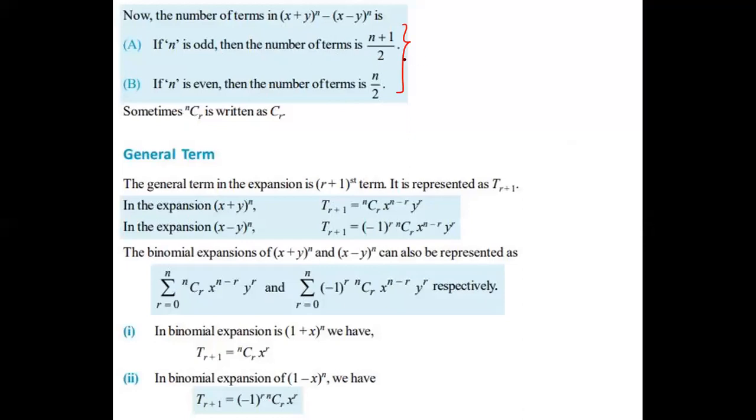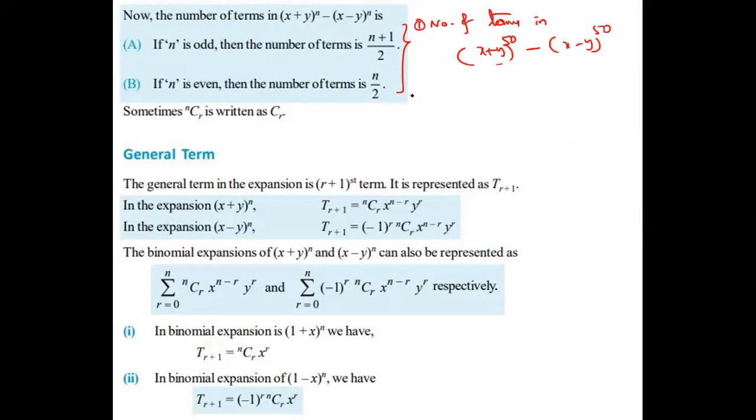If n is odd, the number of terms is (n plus 1) by 2. If n is even, the number of terms is n by 2. Now, I'm giving one example. Number of terms